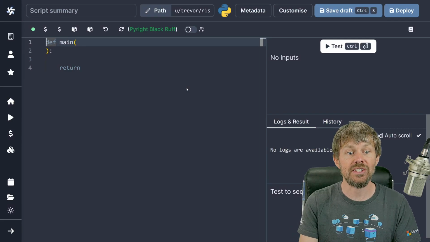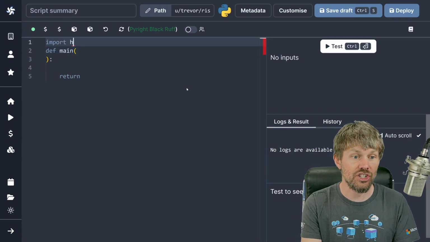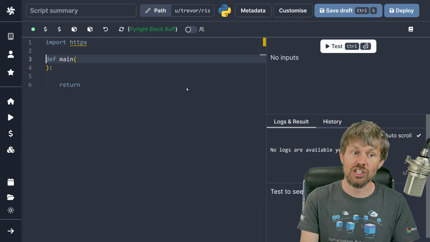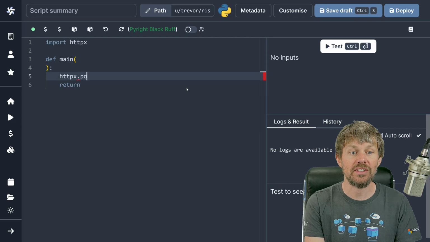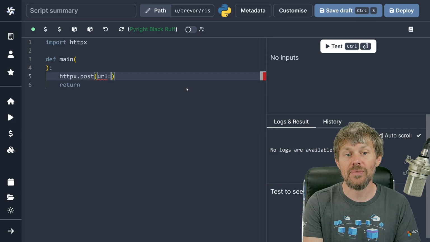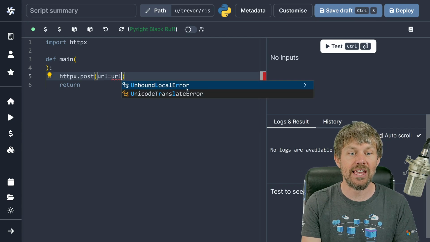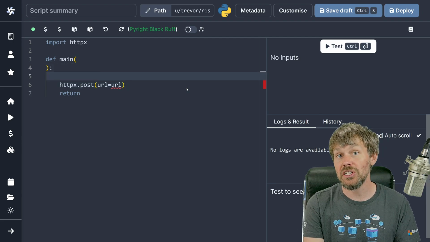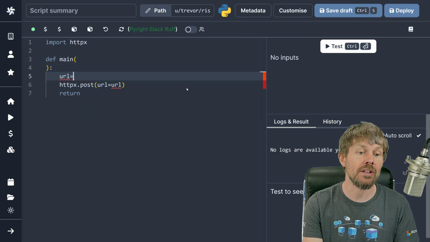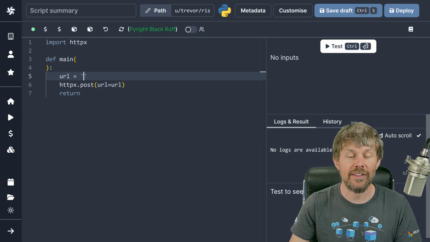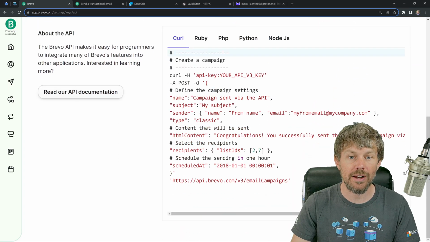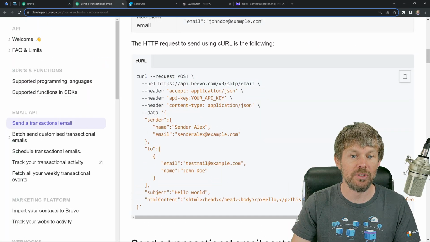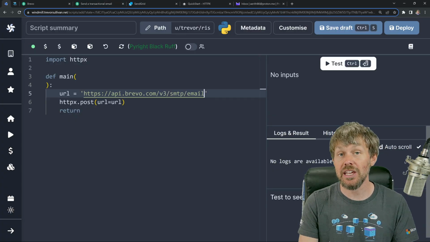So let's go ahead and import the HTTPX library here so that we can send HTTP requests. And then we are going to do HTTPX.post, and then we'll specify the URL parameter as a variable right here. And so we need to define a variable that contains the endpoint. So we'll do URL equals, and then let's go ahead and just copy that value from the Brevo API right over here. Let's go to the documentation and copy this endpoint, and we'll just come back and paste in that